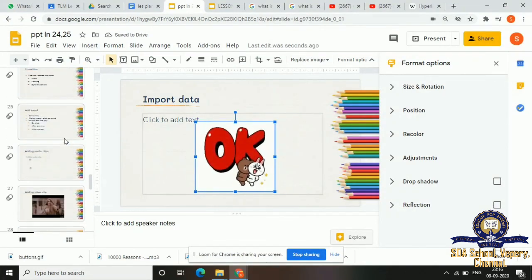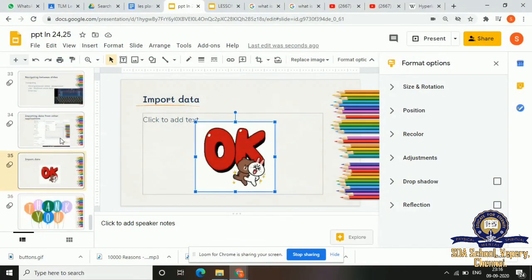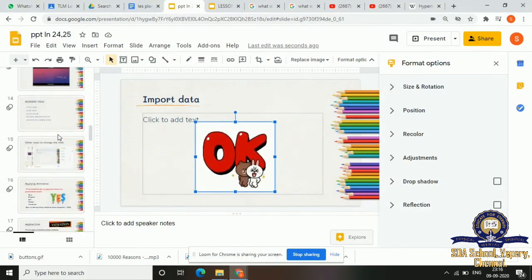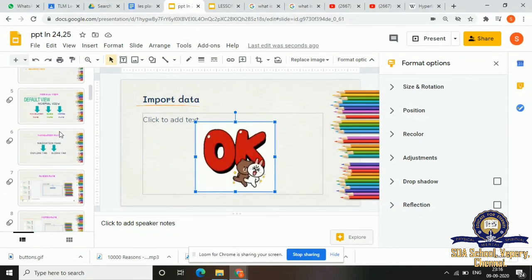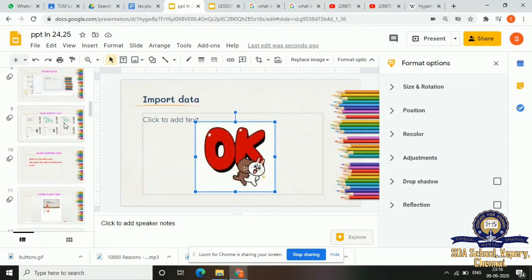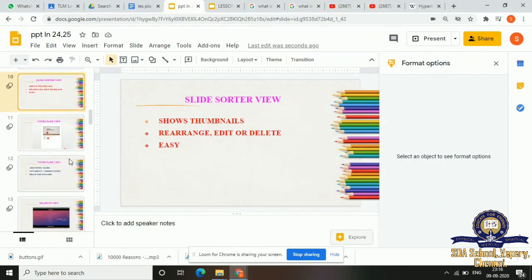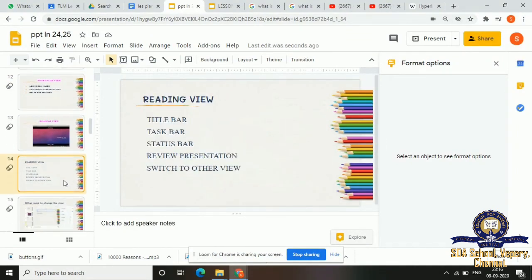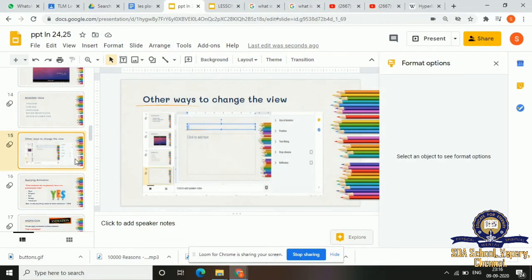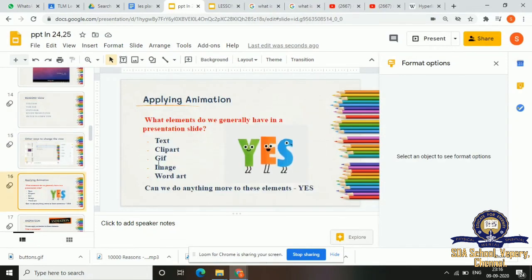I've taught you viewing the presentation. Then I have taught you reading view. Then I have taught you applying animation.